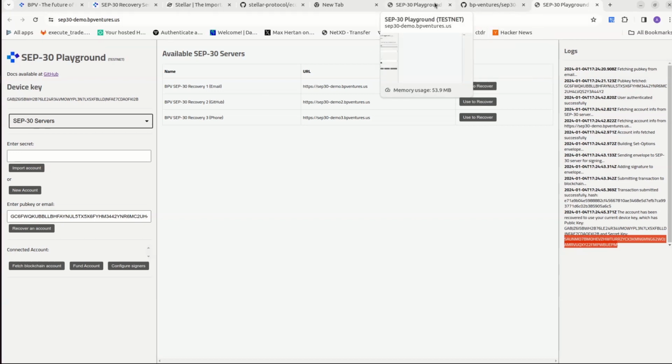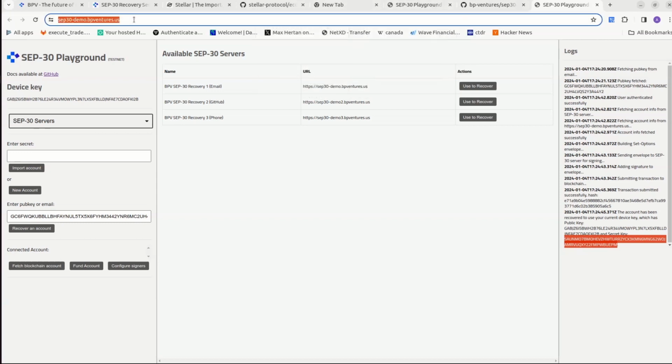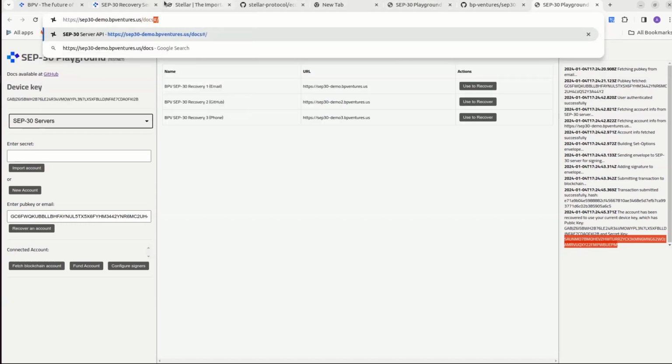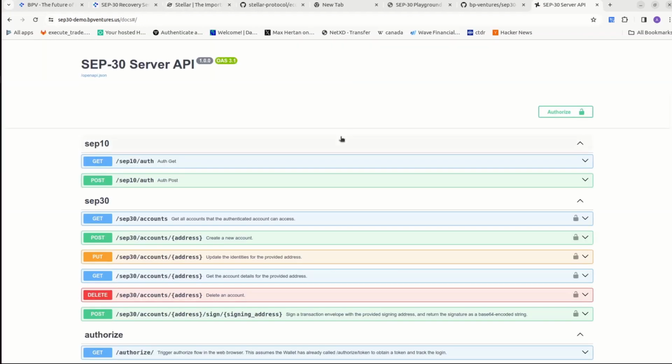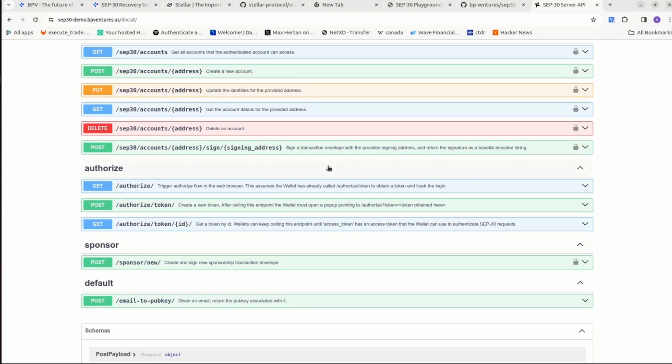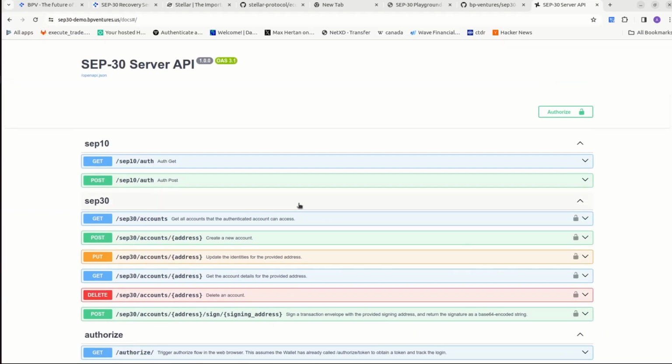You can also go to the /docs, and you can see that there's a full Swagger schema here implemented. You can see the authorized, you can see emailed pub key, so they can recover the public key using an email account. There's also sponsorship, where you're going to probably want to sponsor the initial wallet creation, so they don't have to have XLM to get started. You can make sure they don't steal that XLM from you by sponsoring it. And that's